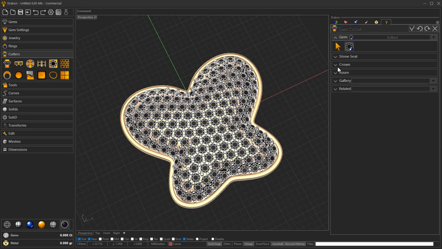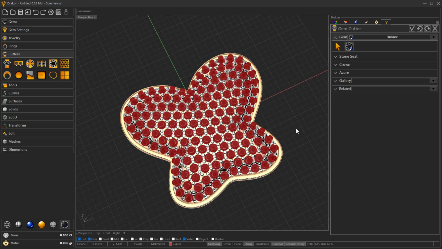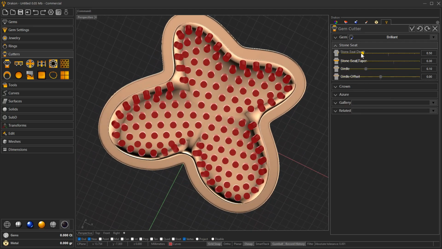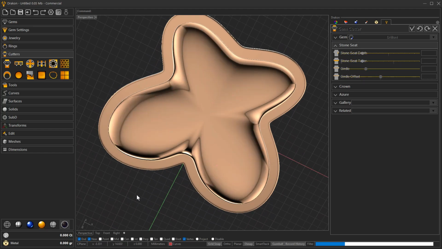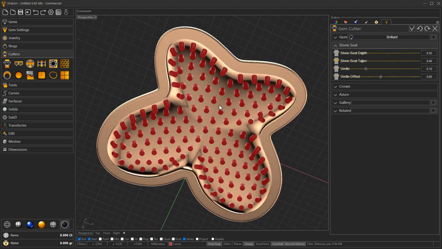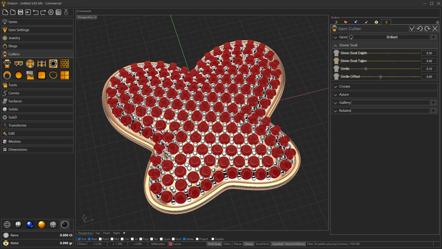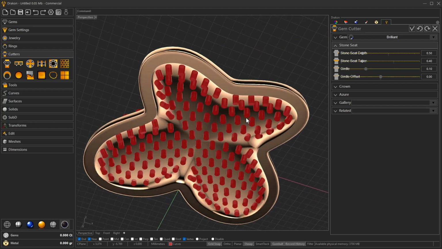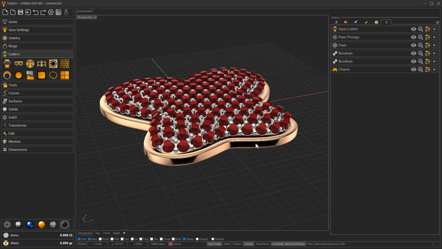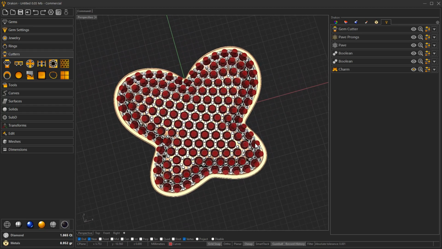Let's drill the holes in our metal to make room for the gems, and probably we could adjust in here the taper of the gems. We can always redefine our cutters as needed, and also in here